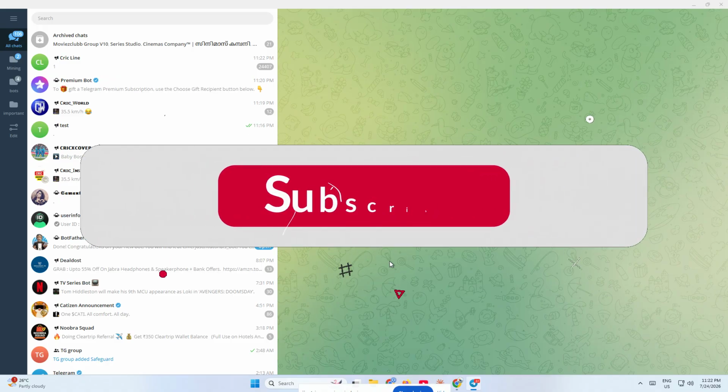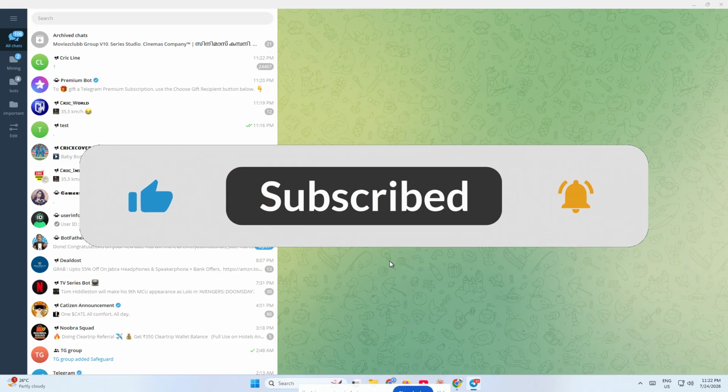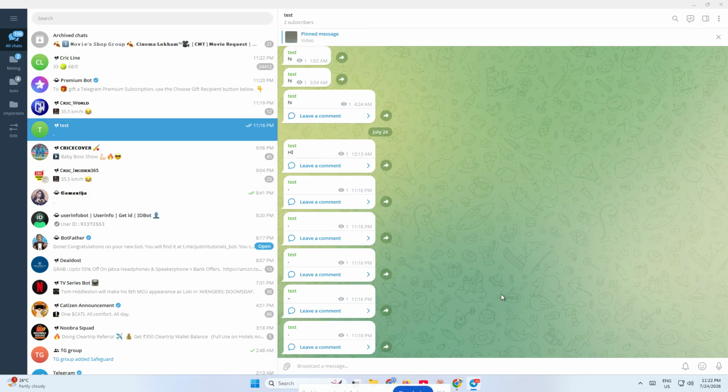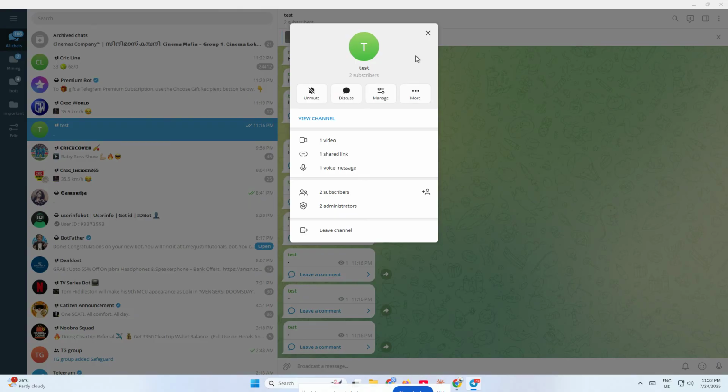First, open Telegram on your phone or desktop and go to the channel you want to get the link for. Make sure you are inside the correct channel, especially if you manage more than one. Once you're in the channel, look at the top area and click on the channel info. Depending on your device, this may appear as group info or channel info, but it will open the main details